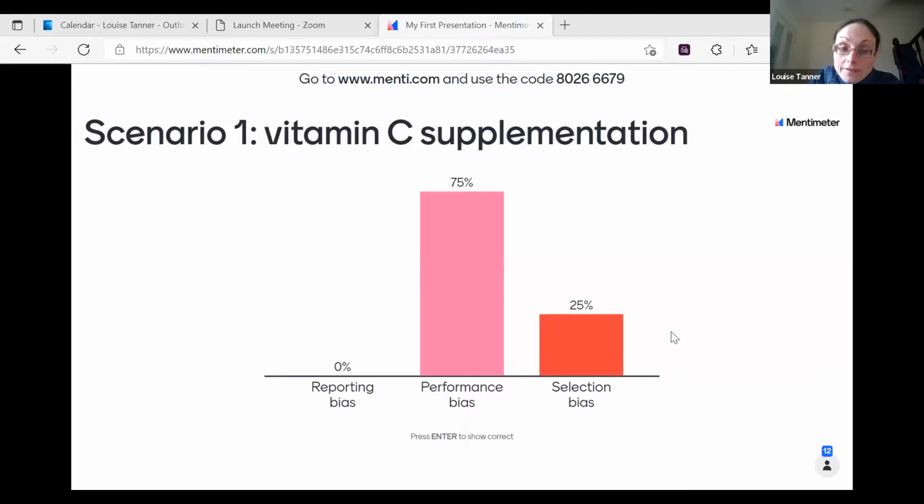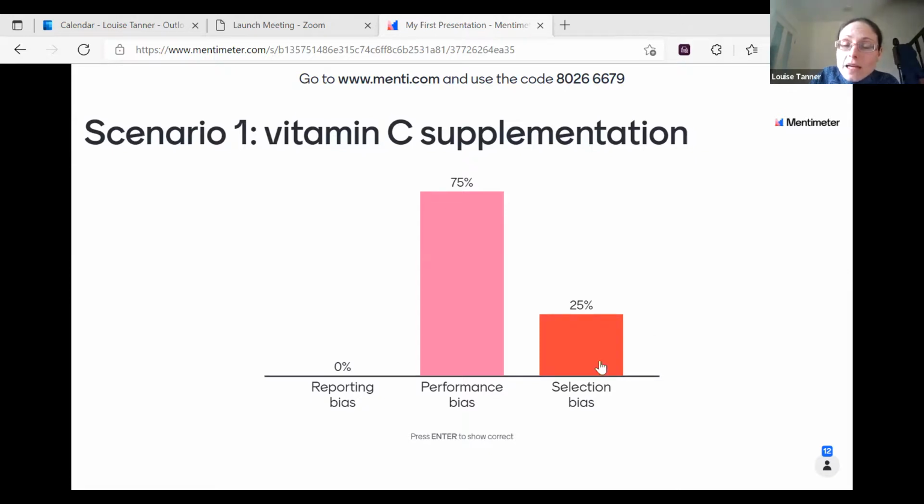Okay, so 75% of people have said performance bias and 25% of people have said selection bias. I would say that performance bias is the relevant answer for this question, because the researcher wants to see if vitamin C supplements can improve respiratory health over a winter period.